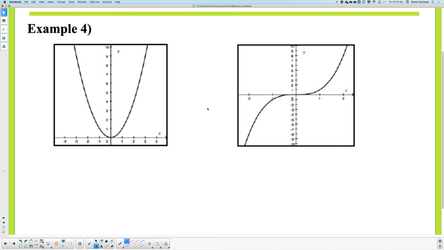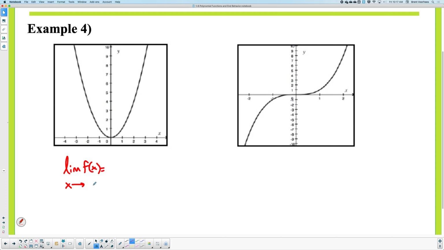So let's take a look at a couple of these. This function here, if you want to write the left-end behavior, you're going to write what happens. That's kind of how you can think of limit, is what happens to the y as x goes left. I'm translating a math symbol. The math symbol is negative infinity. That mathematically means